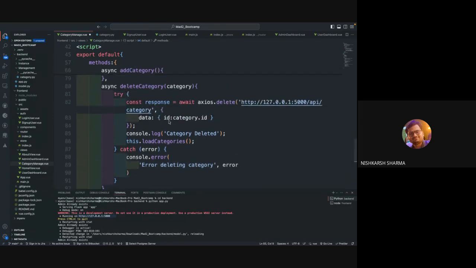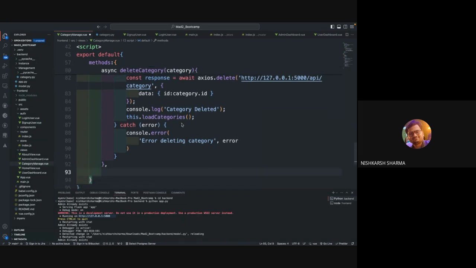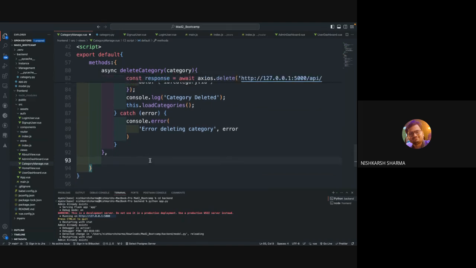So we are just sending the ID to the backend side, and then the backend will take care, will call this ID, and then on the basis of that it will delete the category if everything goes fine. So in the console we will be seeing category deleted successfully. Otherwise we would be seeing